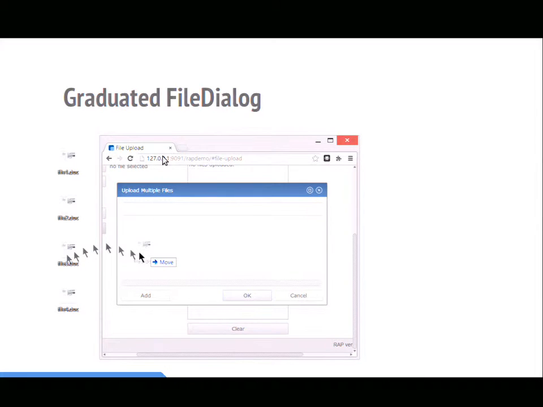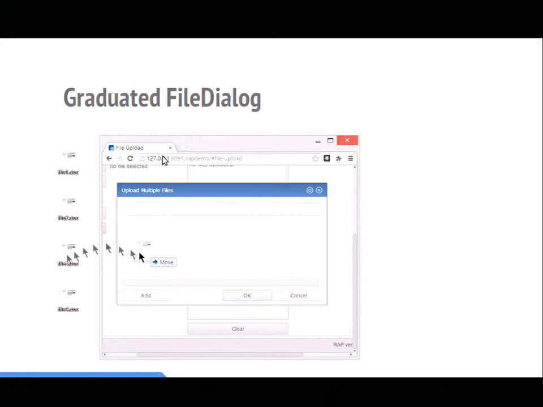You cannot save files from the browser directly to, let me put it this way, you cannot access the file system of the client from inside the browser. And that's why we could not implement FileDialog to open and to save files. But of course you can upload files, and with the FileDialog API, the FileDialog from SWT provides an